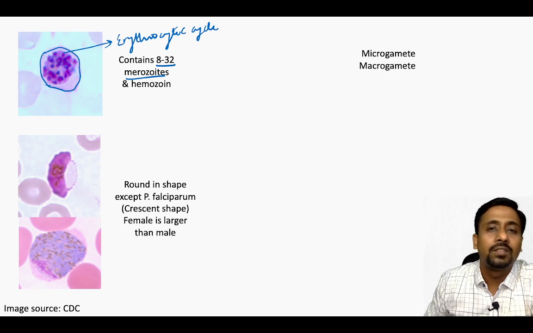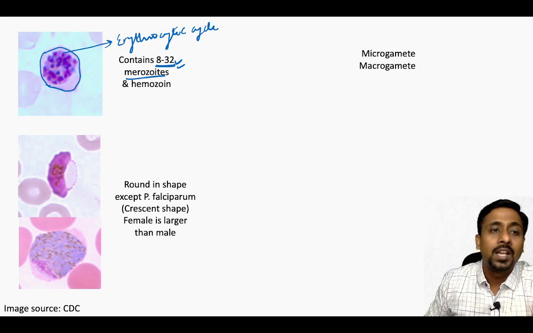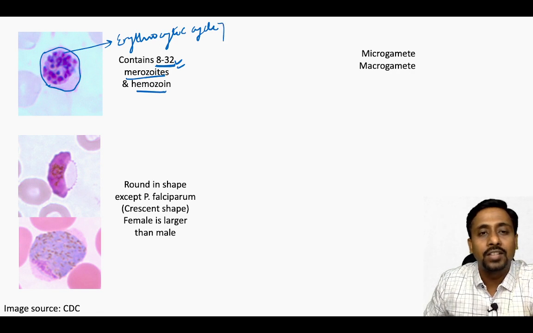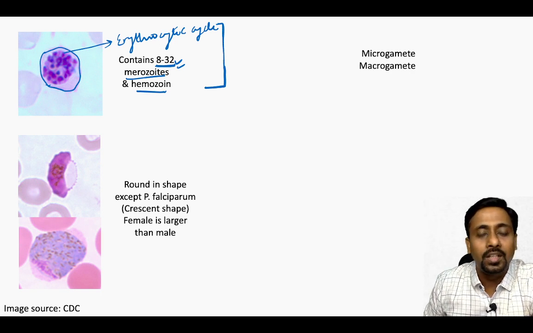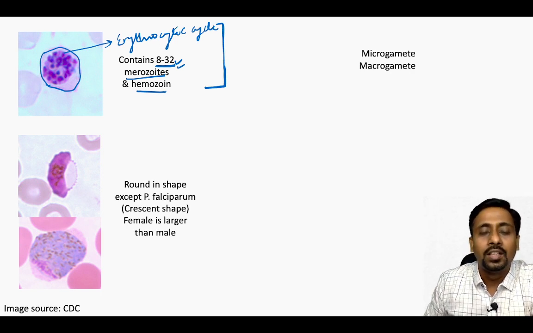However, in the case of the erythrocytic schizont, the number ranges from 8 to 32 depending upon the species of Plasmodium, and it also contains a pigment called hemozoin pigment. Okay, so the schizont contains merozoites and hemozoin, and it is of two types: erythrocytic schizont and hepatic schizont. The differences between them are first the location and second the number of merozoites. Okay,